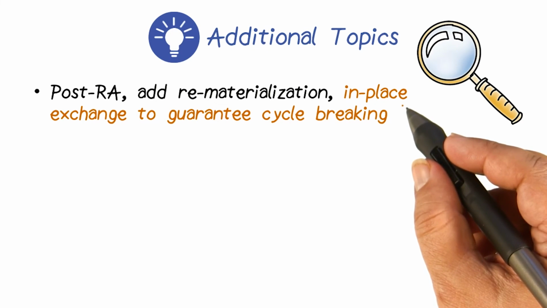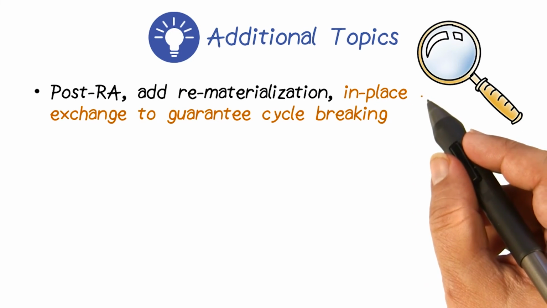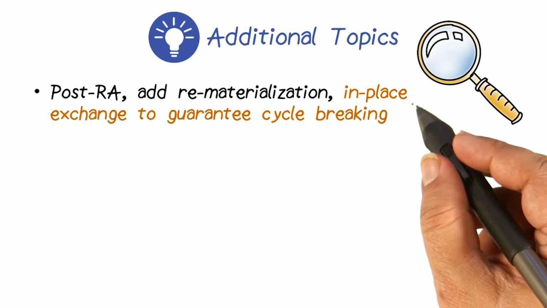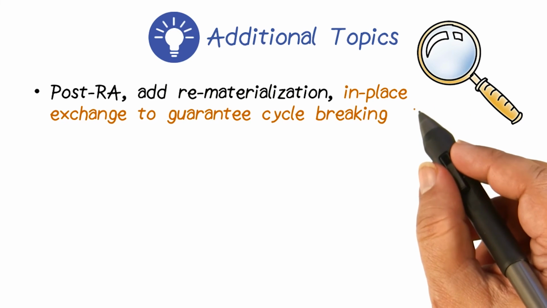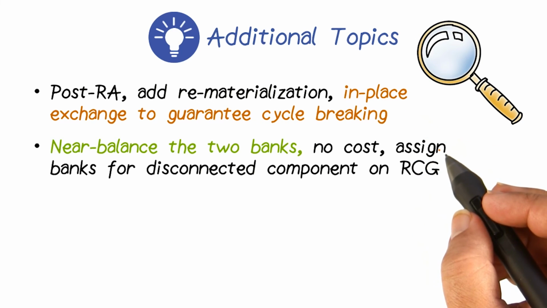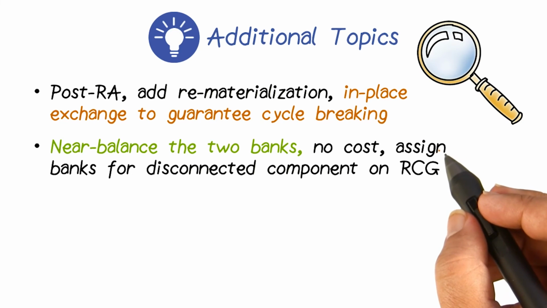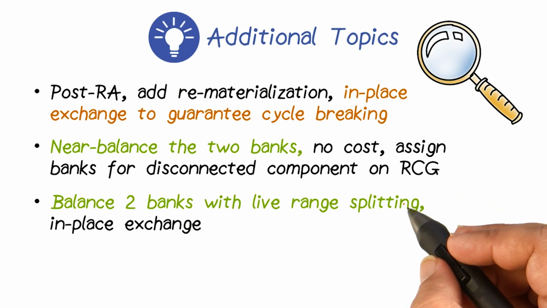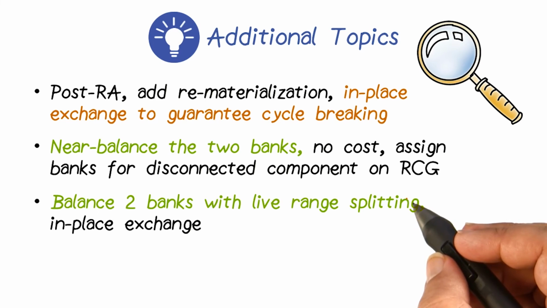For post-RA approaches, we actually make use of rematerialization and in-place exchange to guarantee cycle breaking. That way we do not induce any more cycles. Our other primary objective here is to keep the two banks almost balanced, and so when there are no edges between certain parts of the RCG, which are the disconnected components, we just assign them randomly to keep those banks balanced. We also have, in this paper, a detailed discussion of how we do some in-place exchange to keep